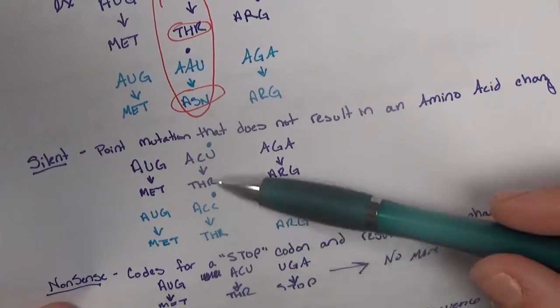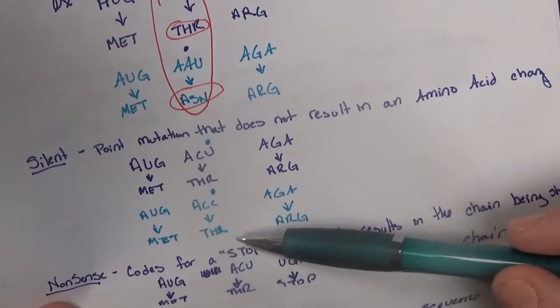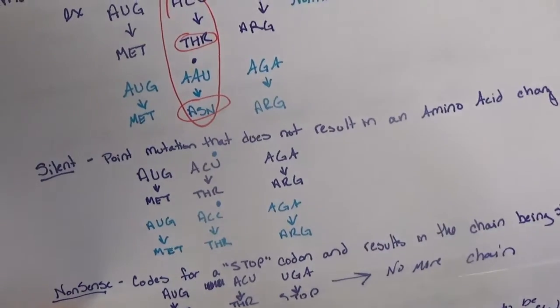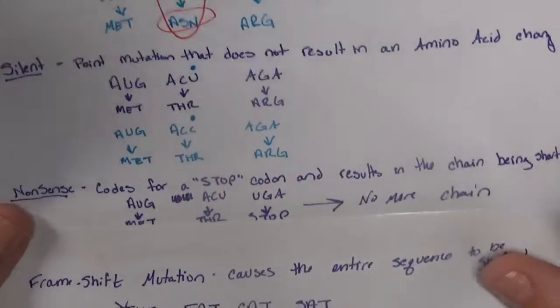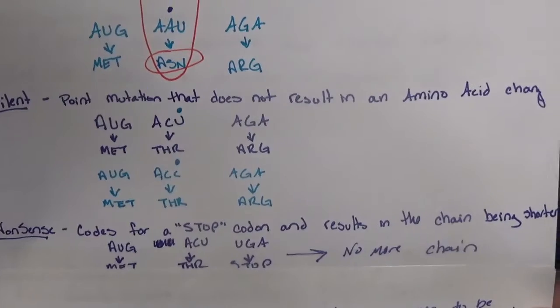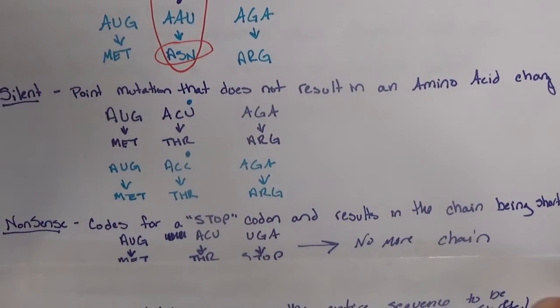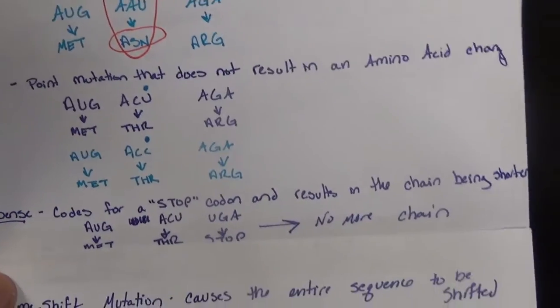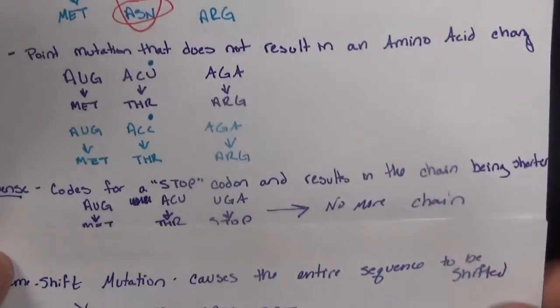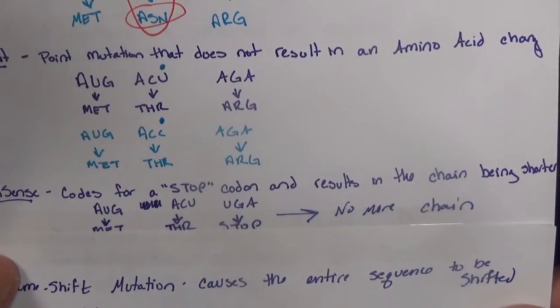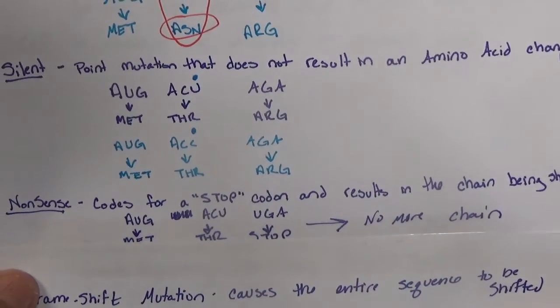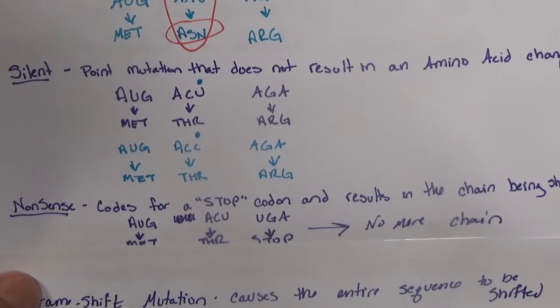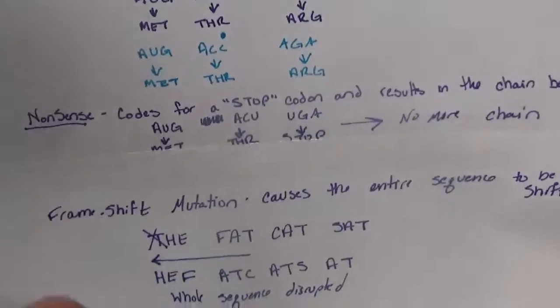So you end up with the same amino acid sequence. There's no difference in the phenotype. A nonsense mutation codes for a stop codon. That's going to break the amino acid chain and make the chain shorter than it's supposed to be. Okay, so that's obviously going to be a more detrimental mutation than maybe just a point mutation, depending on what